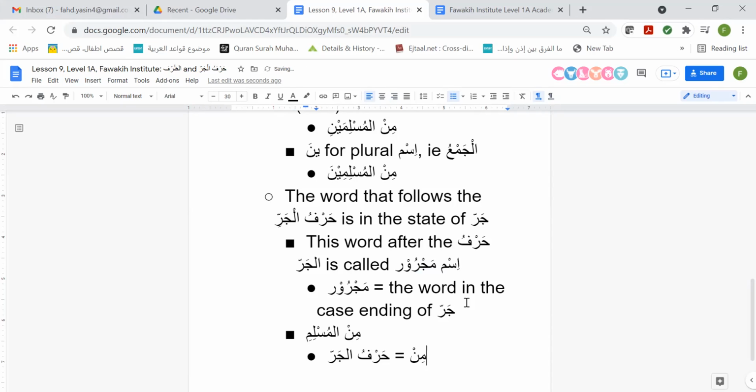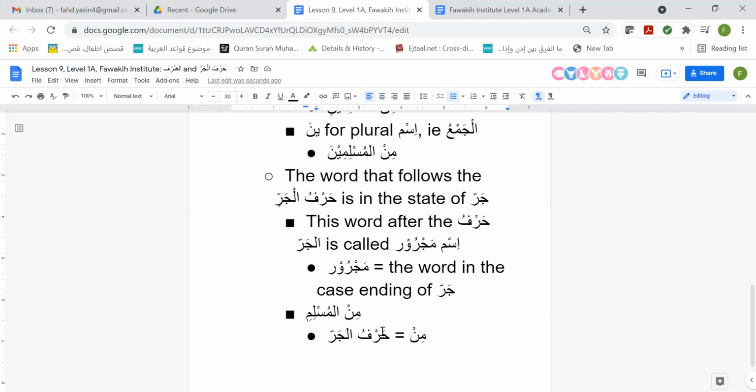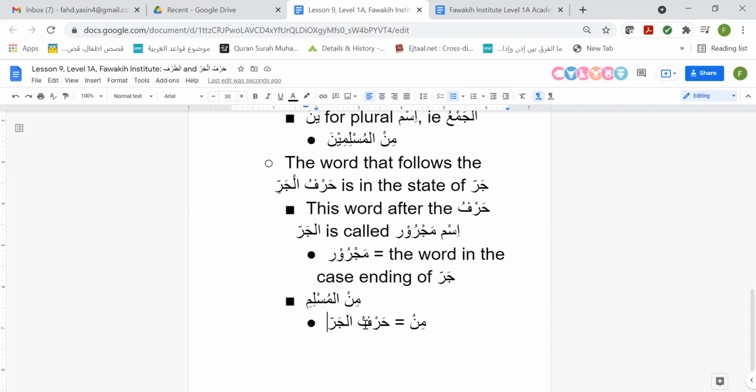Now, it doesn't mean it's the first word in the sentence, right? As we discussed, the first word in a sentence has to be an ism if we're looking for a nominal sentence, and min is a harf. It cannot be an ism. So we're not talking about the first word in a sentence. We're just talking about a phrase, a set of words. So the min is going to be the harf al-jar, okay? It's usually the first one, and the thing about the huruf al-jar is you have to memorize them. There's not really any given set of rules for memorizing them. You just have to memorize them, and we'll get to that pretty soon too.